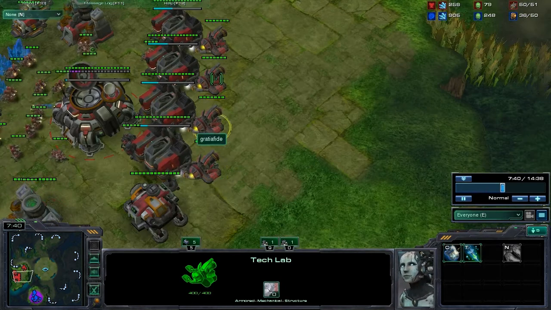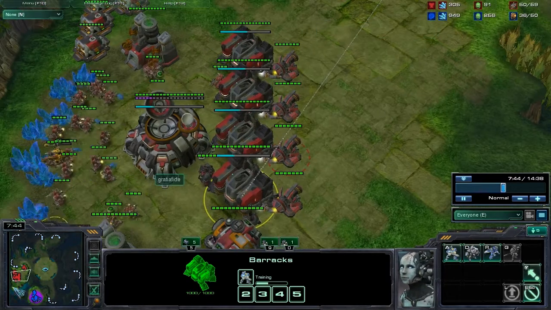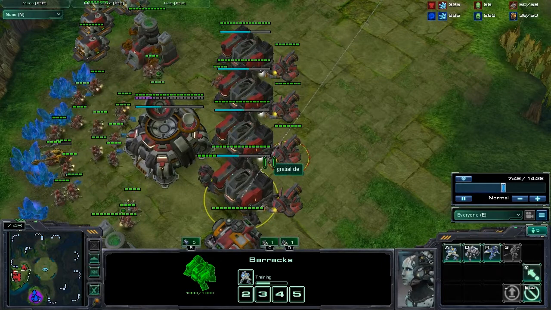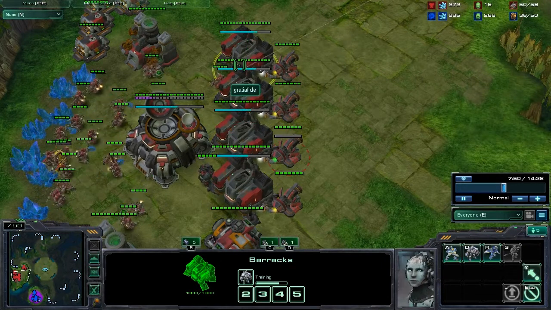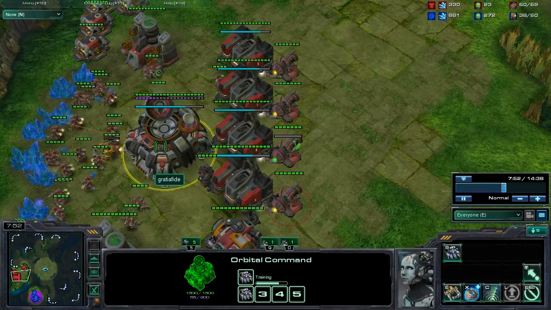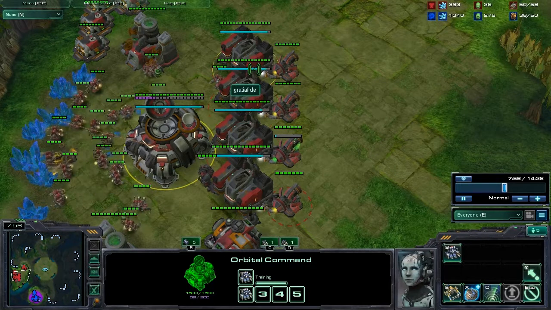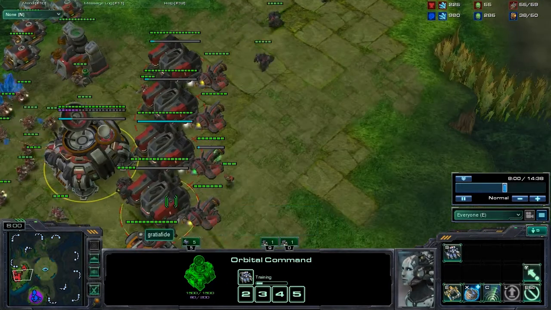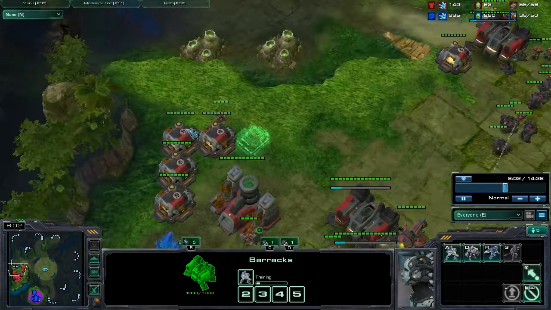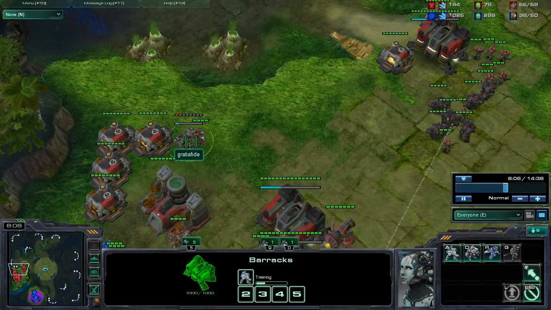I try to keep my money as low as possible by making as many barracks that can produce 1 unit at a time as possible. And you make more and more money as you keep building SCVs. So you want to make sure you do keep up building more and more barracks. I probably should have built 1 more barracks. And one of the problems with the strategy too is it's easy to get yourself supply blocked. So you want to make sure you keep building supply depots,